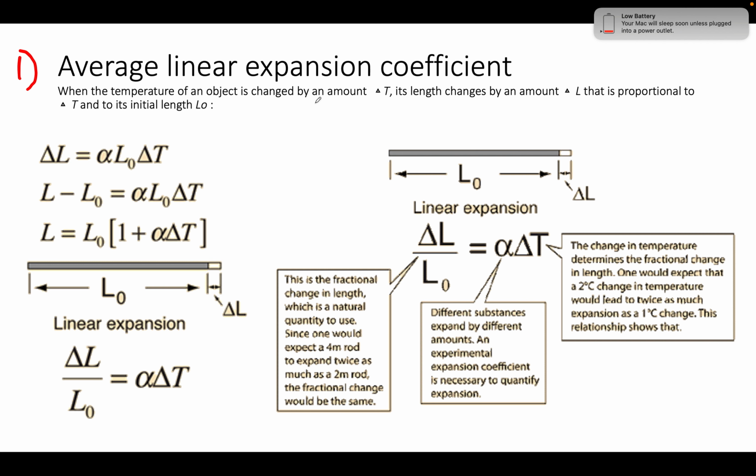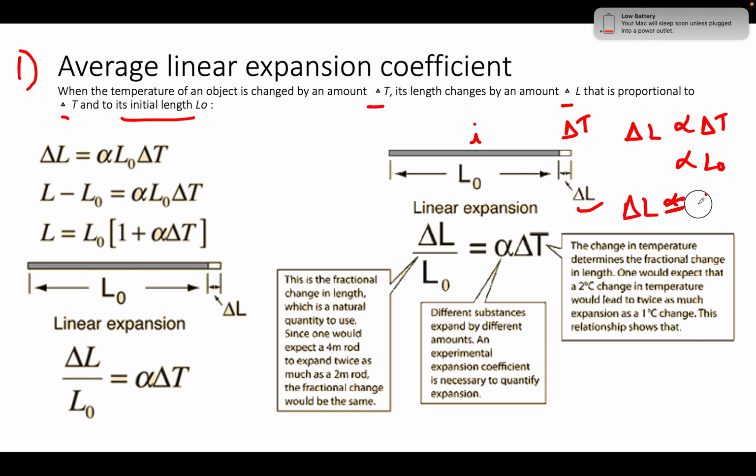When the temperature of an object is changed by an amount delta T, its length changes by an amount delta L, which is proportional to delta T and to its initial length L naught. For example, the initial length of a rod is L naught, and after we increase the temperature by delta T, delta L expansion was observed in the material. Delta L, the amount of expansion, depends on the change in temperature, and it also depends on its initial length. When you combine both of them, with some proportionality constant, you get delta L equal to alpha L naught delta T. So alpha is the linear